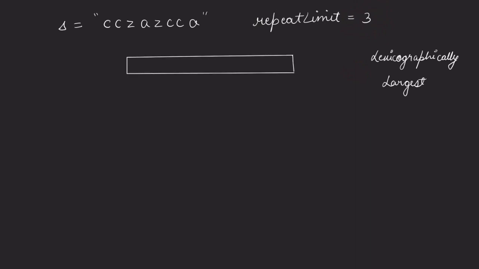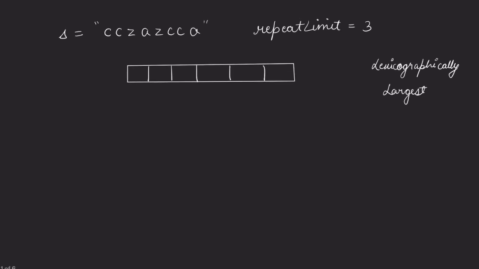To count the frequency of each of the characters inside our string, this will be of size 26. This is the 0th index, first index, second index, and so on. Then this will be 24th, this will be 26th, right? So this will store the count of A, B, C, and so on. This will store Y and this will store Z,